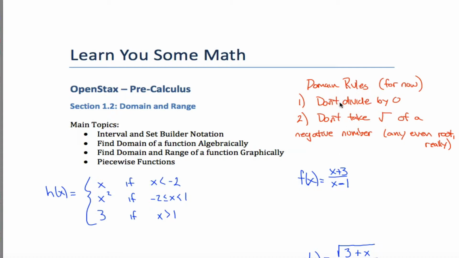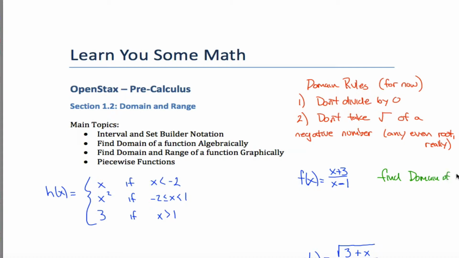To figure that out, the way I like to think about it is there's these things called domain rules. And really, they're what you cannot do. This helps you figure out what numbers are not in the domain of a function. So, for example, you might be asked down here, this is f of x. You might be asked to find the domain